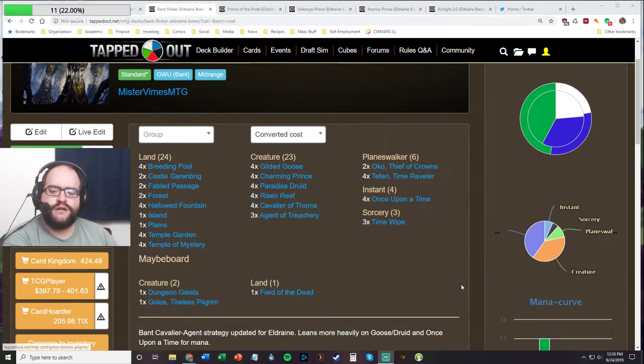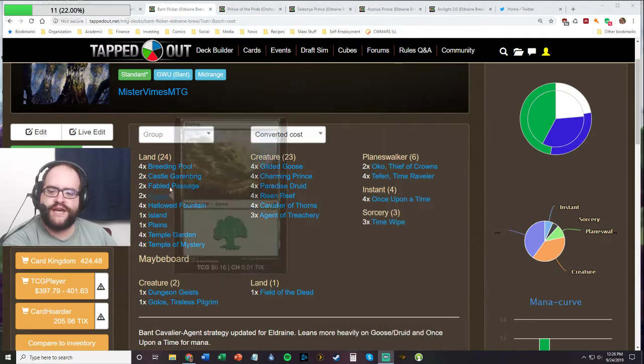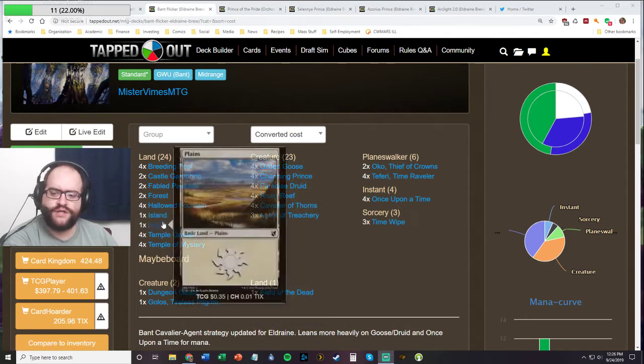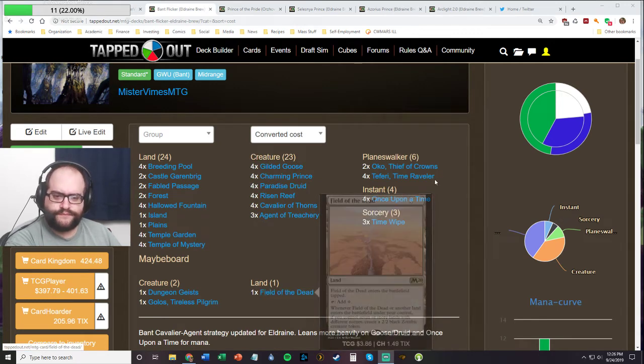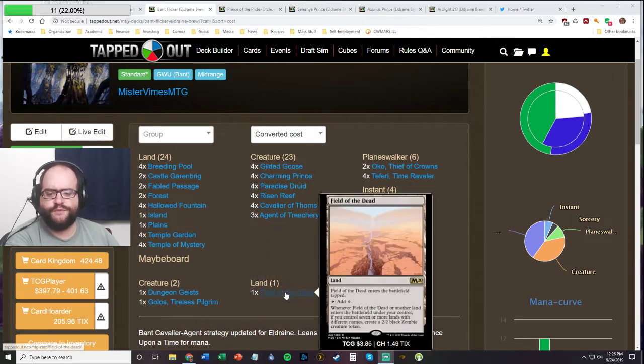giving it a shot. It's also possible that we might want to see if we can fit 1 or 2 copies of Field of the Dead, possibly in the Castle Garenbrig slot, or maybe in like a Temple of Mystery slot, or instead of, because I don't think we can afford to cut any basics. If Once Upon a Time can find that reliably enough, again, the mana base requires some tweaking because we need to have a way of having 7 different types of lands, and so this would be